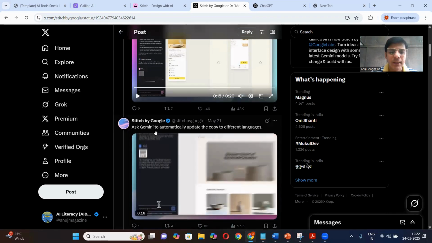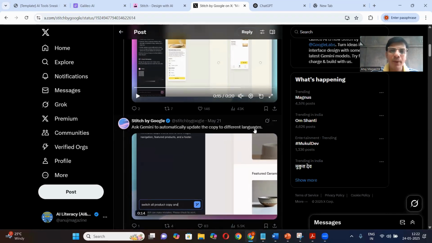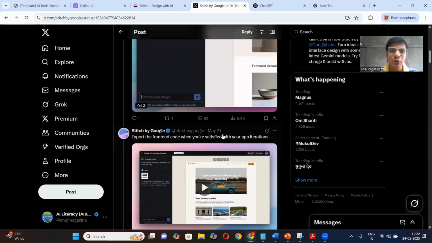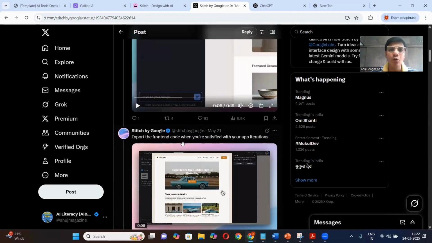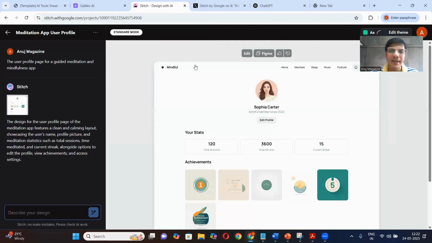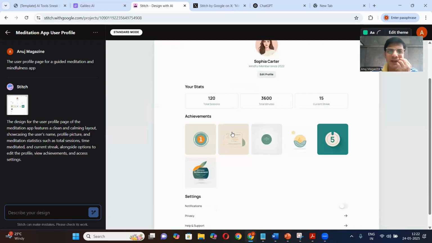You can ask Gemini to automatically translate into different languages, and you can also export the front-end code, which are all cool capabilities that it has. So it has generated the design, which looks quite cool to start with,